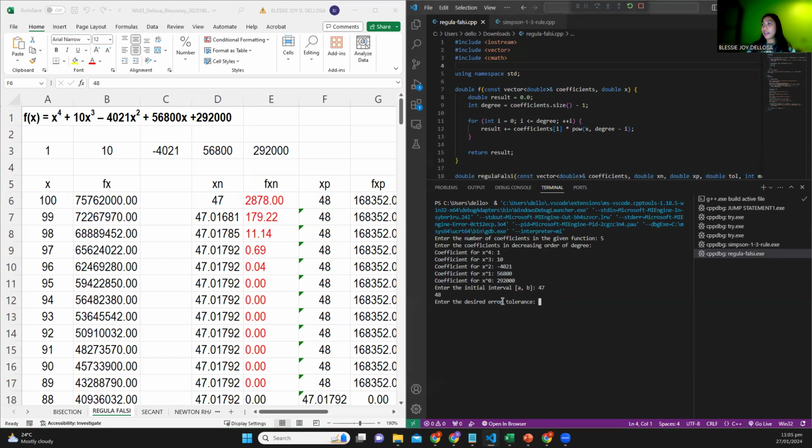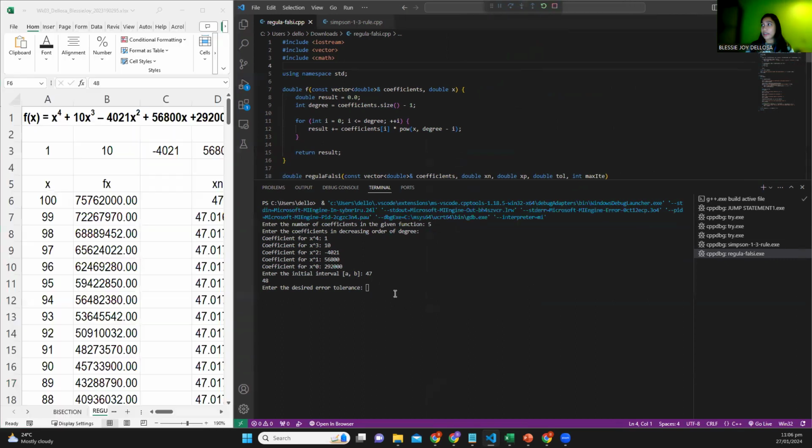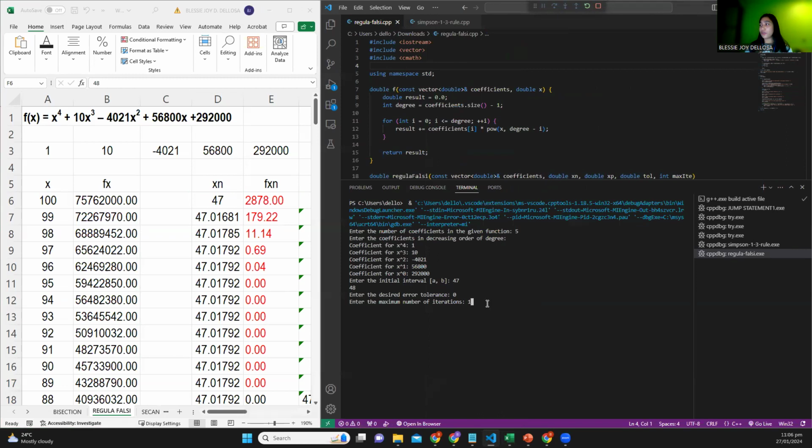Enter the desired error tolerance. So as per our last activity, let me just show it to you. We review 0 for the desired error tolerance. So let me just enter 0 and then the maximum iteration. Let's say we'll just have 100 just to make sure. So the maximum iteration is reached, and for the root approximation we have x is equal to